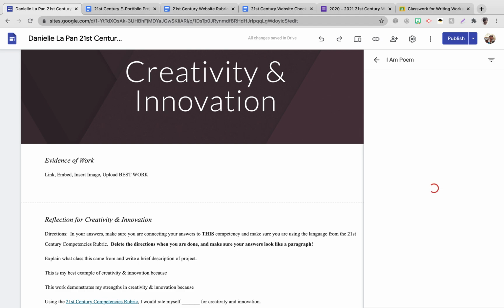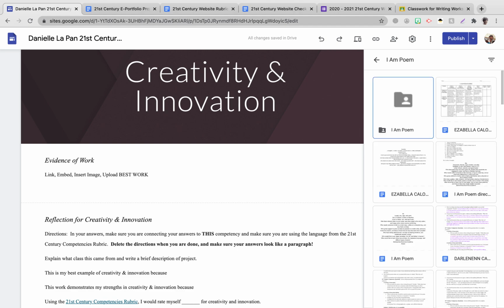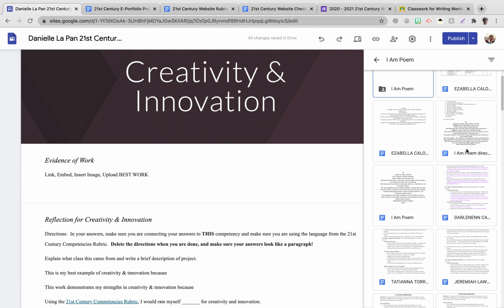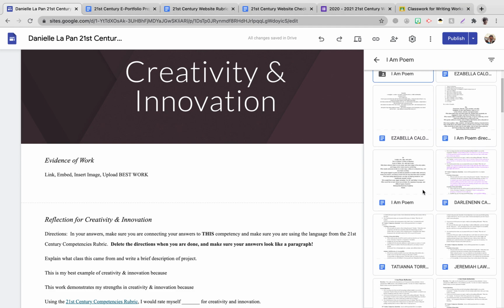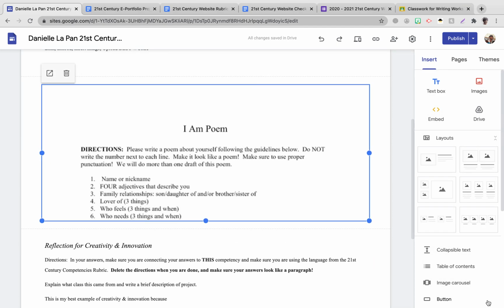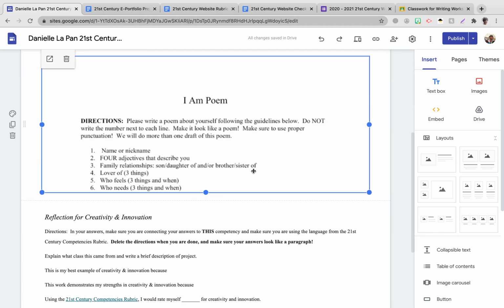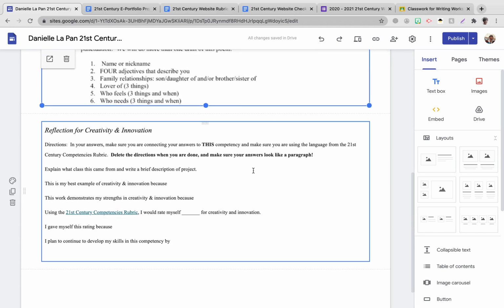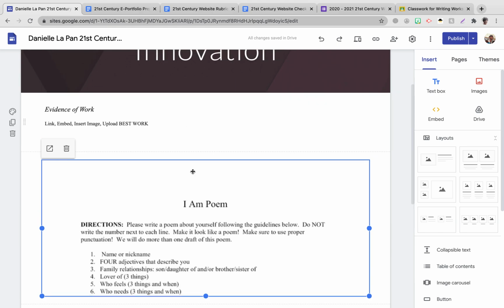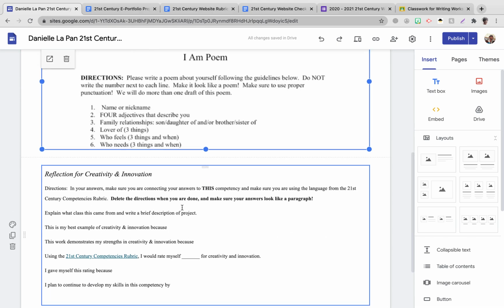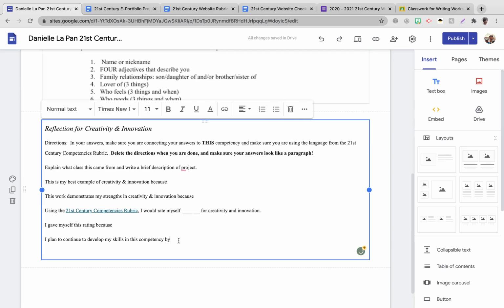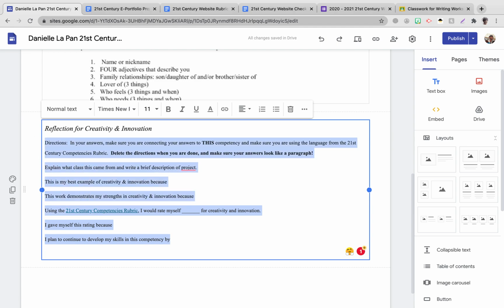And then I'm going to find it. Where's my example? We'll do that one. And I'm going to insert my poem. And I realize this is just the directions, but my poem is at the bottom of it. And then I could find my reflection questions. So it's underneath there. And if I did my reflection questions, then I could delete these things out, and I